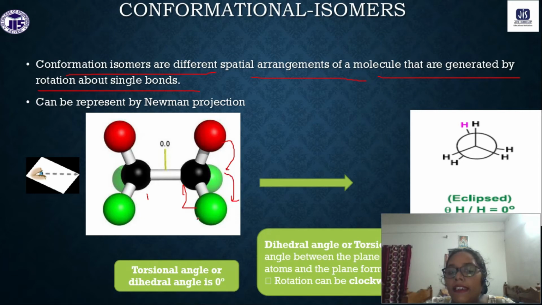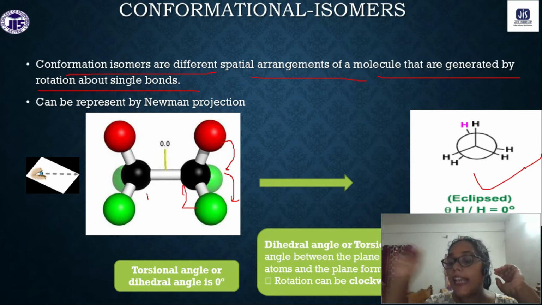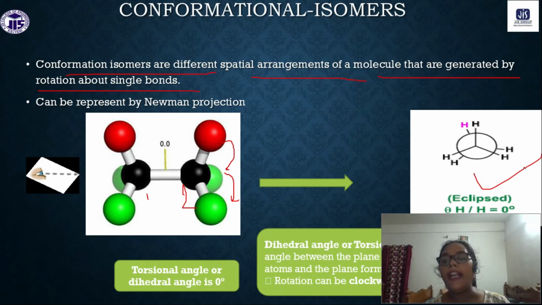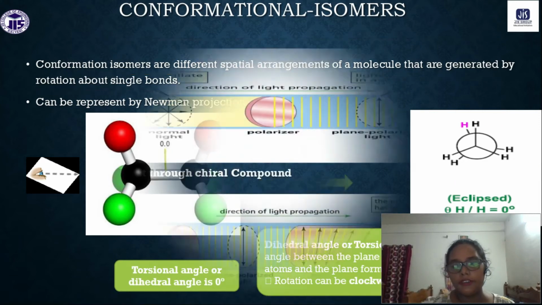Okay, so these are some of the positions while the C2 carbon is rotating. At that time, these three atoms are also rotating. So with this type of Newman projection, we can find the eclipsed conformation, the staggered conformation, and the gauche conformation. Among them, the staggered conformation is the most stable one, as the bulkier groups will be far away. So that is the conformational isomers.